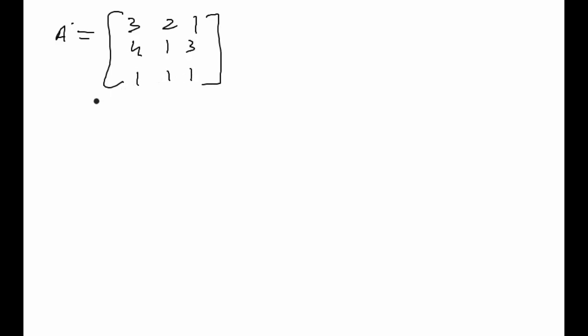So now adjoint of A has the definition that adjoint of A is equal to the transpose of the cofactor matrix, right? So since I have to write the cofactor matrix and then take the transpose, let us first try to write all the cofactors separately. So cofactor of this 3 element. Now this 3 element has the position 1 comma 1. This element belongs to first row and first column, therefore it is 1 comma 1 position.